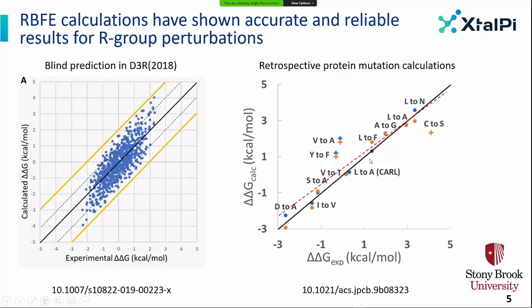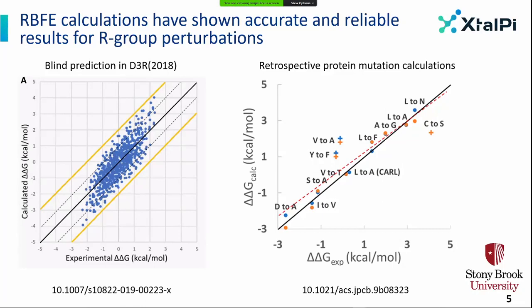We also have good results for retrospective protein mutation calculations as well. But in the year we participated in the D3R challenge, there was actually another set of molecules given by the organizer